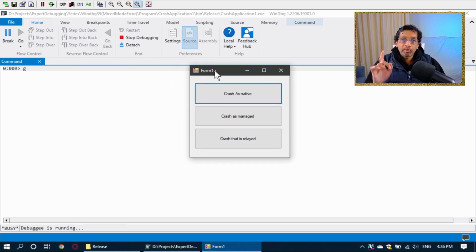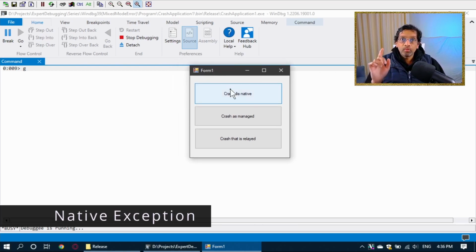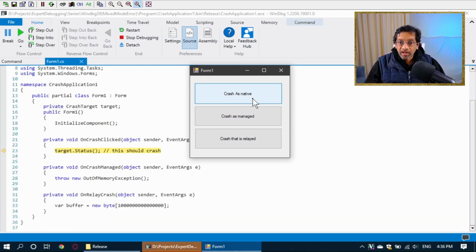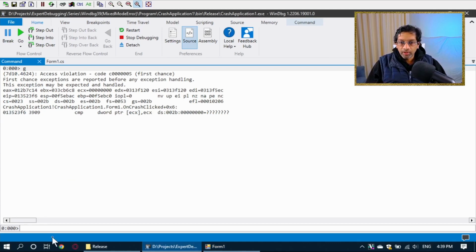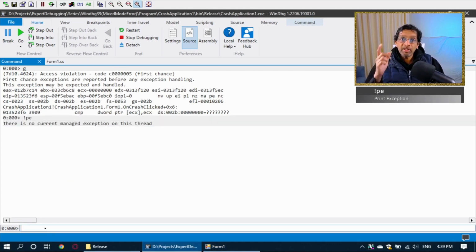The first kind that I'm going to try is the native exception, which is raised directly from the kernel. So if I press this button over here, I will get an exception which is a null reference exception in .NET. So let's see in WinDBG what actually happens. So this application is a .NET application. So if I go over to the command tab over here and I run print exception, PE, the PE command